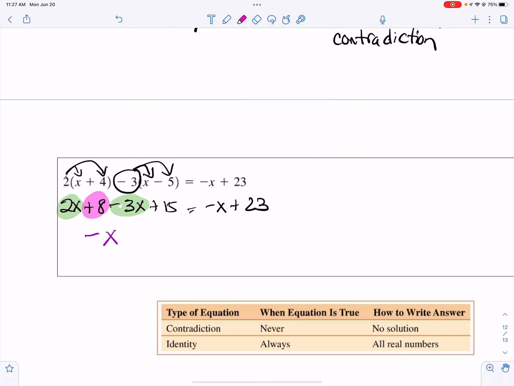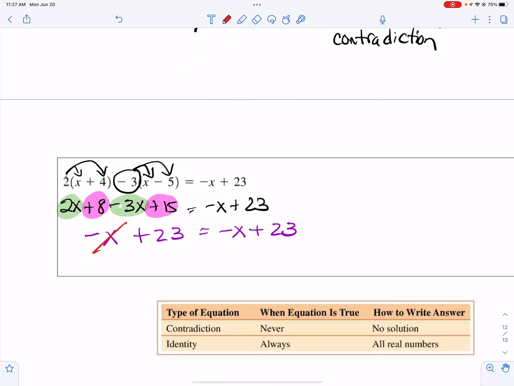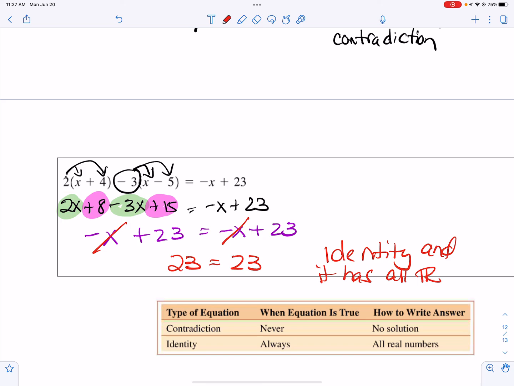And positive 8 and positive 15 makes positive 23. And at this point, what you see is that I have identical on the left to identical on the right. So this one, I mean, I could go ahead and solve it, cross off these x's, and 23 does equal 23. This is an identity, and it has all real numbers